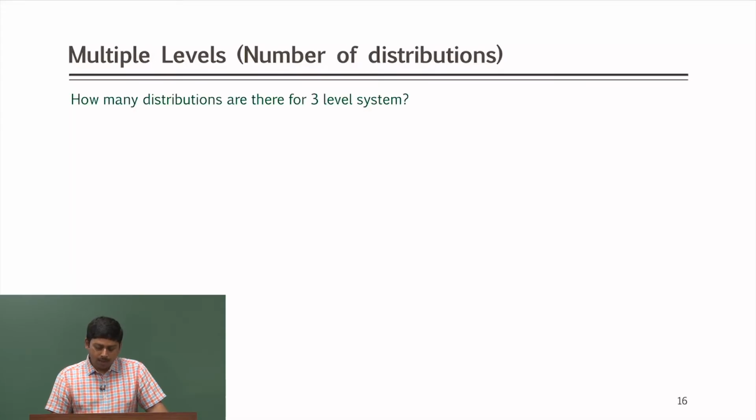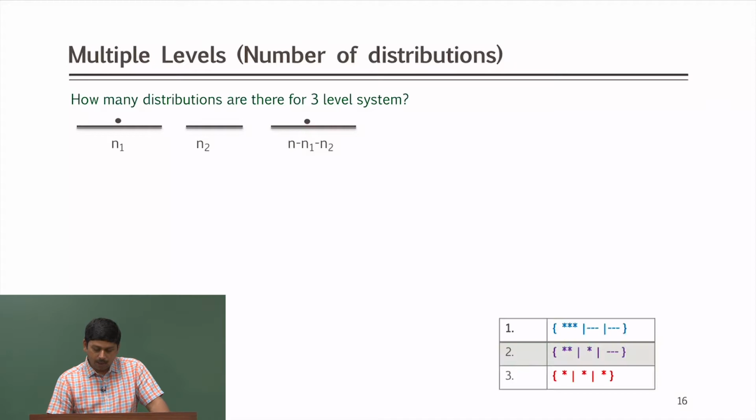So, now how many distributions are there for a 3 level system? We saw that it is 3 distributions A, B and C, but can we get a number? Because we can get a number when we try to calculate